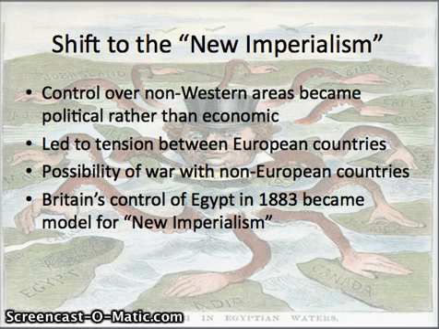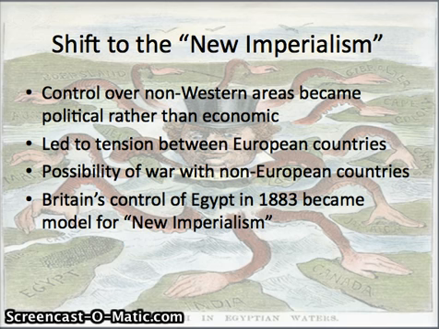So again, areas that were controlled prior to the 1800s maintained political independence. But once we get to later control, it's going to be much more oppressive, much more invasive. China and Japan are good examples of countries that were controlled prior to the 1880s that at least retained some sort of political independence, even though China ultimately, you could argue, is controlled much more severely than Japan is. So this new type of control again is referred to as the new imperialism.